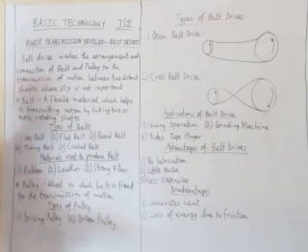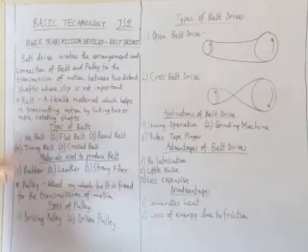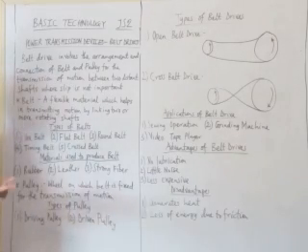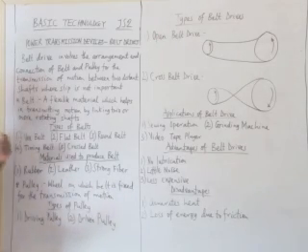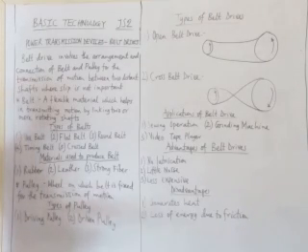Majorly, we have two types of belt drive. Number one is the open belt drive. Now, we want to rotate the driven pulley in the same direction as that of our driving pulley. So, our belt rotates or moves on two pulleys. One is driving the other. The one that drives is what we call driving, and the one that is being driven, it has already got its name. We call it driven pulley.